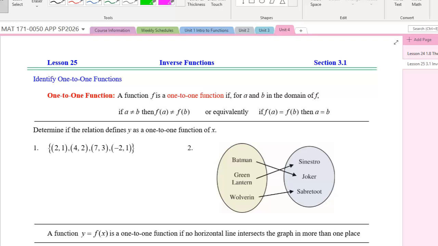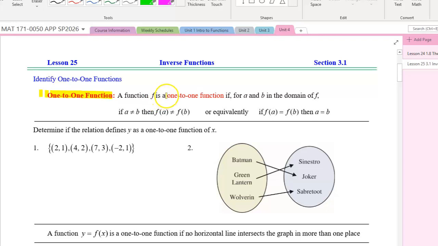Inverse functions. First of all, let's talk about the definition of a one-to-one function, because for a function to have an inverse, it has to first be one-to-one. So we talked in class about what it really meant to be a one-to-one function. It means that x and y have a one-to-one correspondence. So if we look at the formal definition,